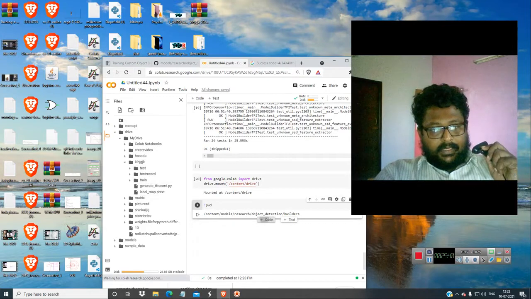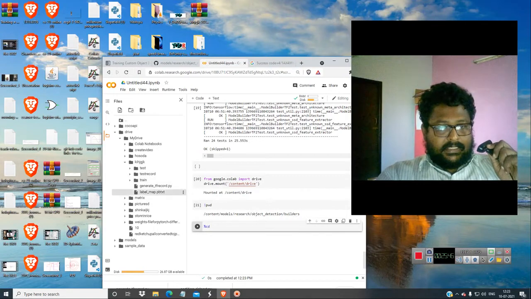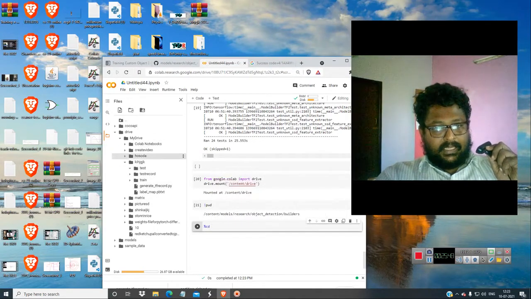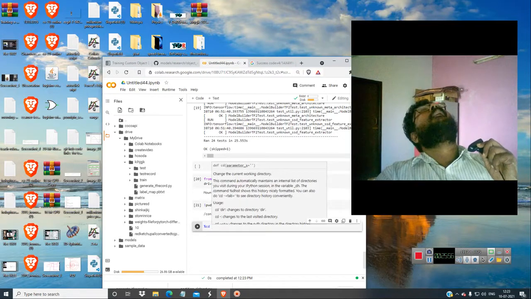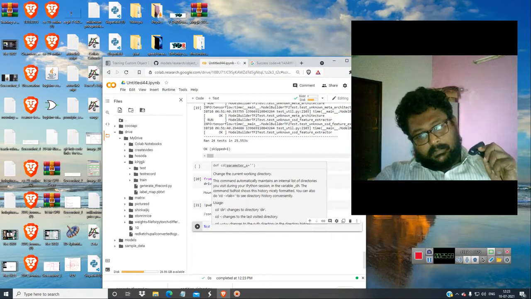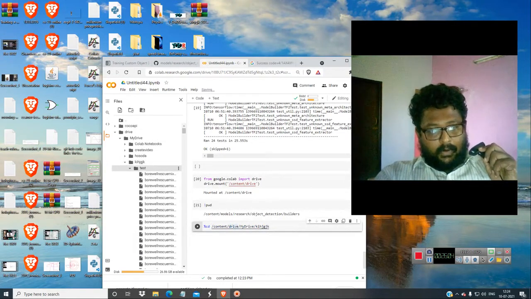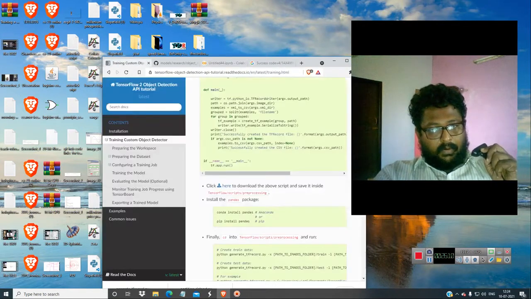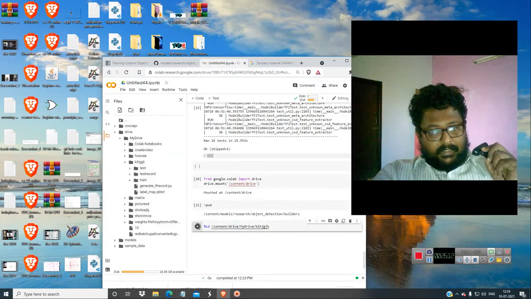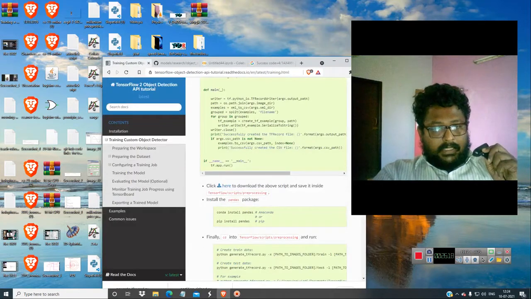So you just get over here and type %cd. So these test and train folders, where the images are, we have given. Copy path, and then just give this. So these are all the images in the test and train folders. So we have to make a TF record out of this. Okay, so the generate TF record.py, which we have downloaded from here, is over here. So just get into this. Okay, we have just got into this. Now get over here and follow the steps as shown.